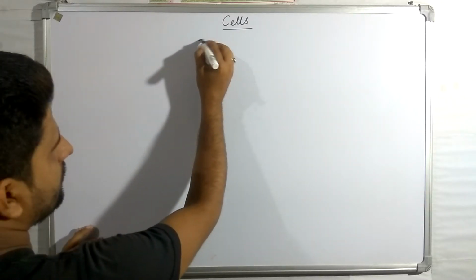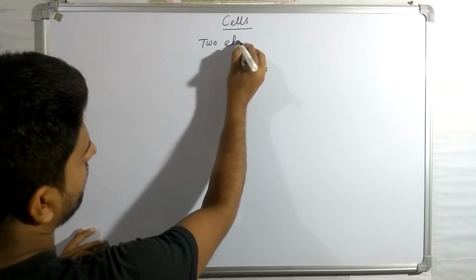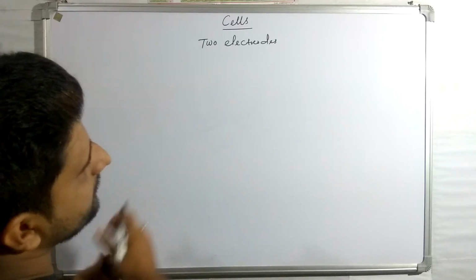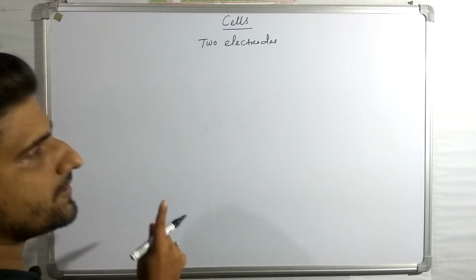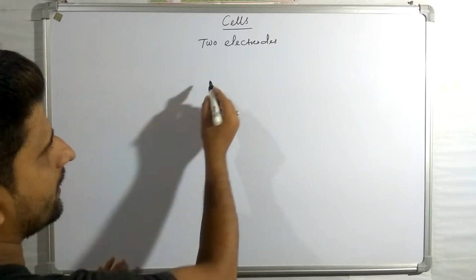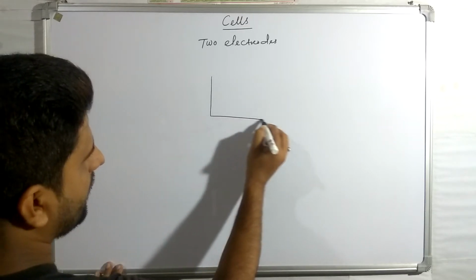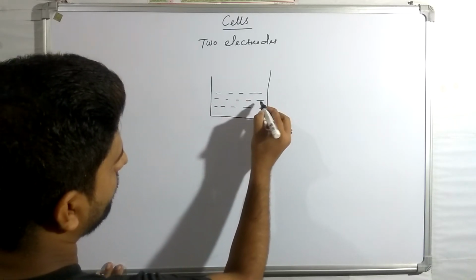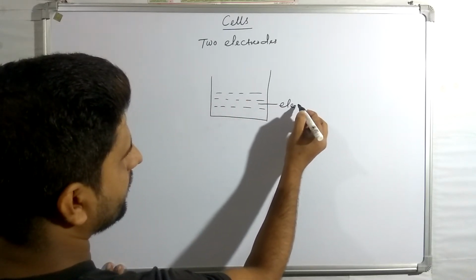Today we discuss cells. A cell has two electrodes, one positive and another negative. These two electrodes are immersed in an electrolytic solution. Suppose this is the electrolytic solution,